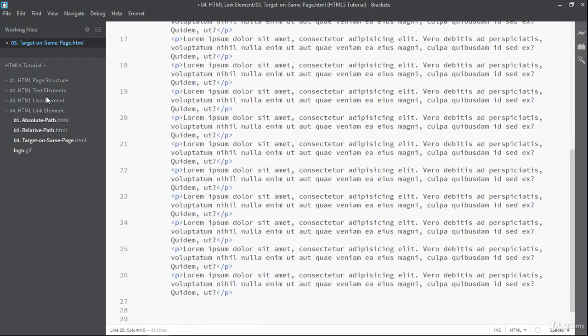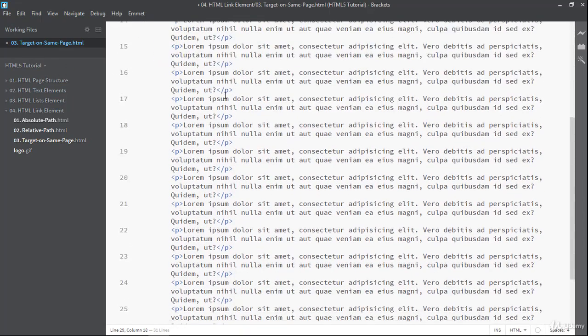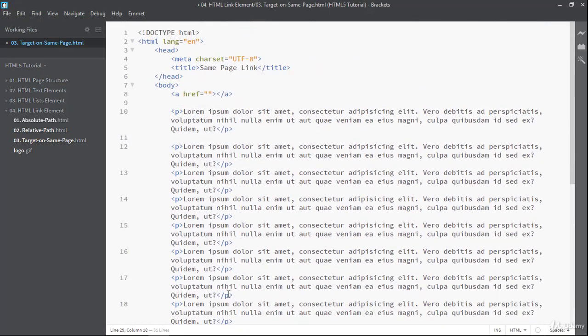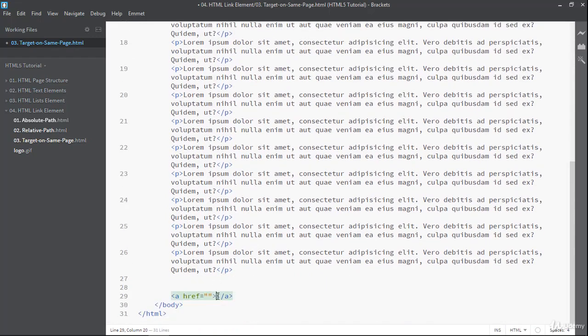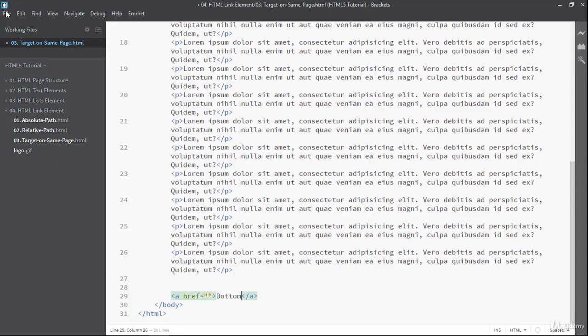Now at the bottom again I will create one anchor tag. So one anchor tag is on the top of the page and one anchor tag at the bottom of the page. So here I'm writing this one is top, and here this is bottom.